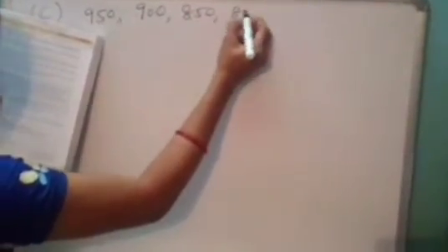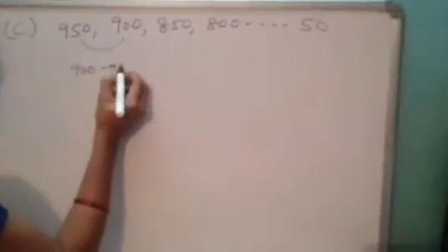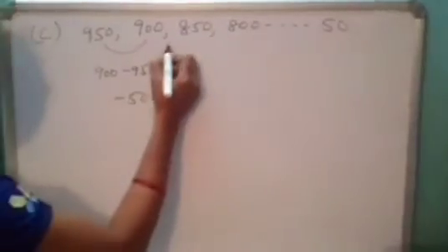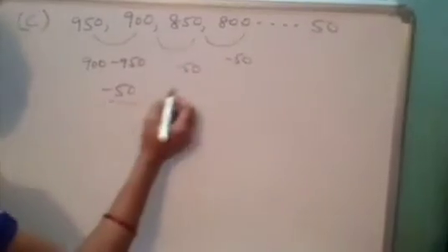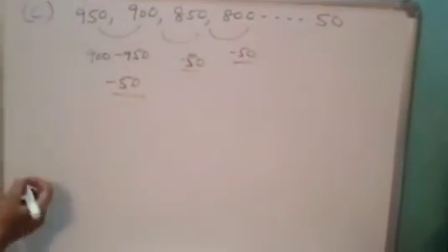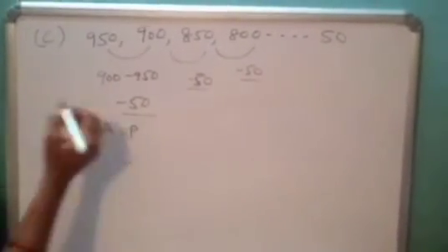The balance money in rupees after paying 5% of the total loan of 1000 rupees every month is 950, 900, 850, 800 and so on, down to 50. The difference between these consecutive terms is 900 minus 950, that is minus 50. The difference between the next terms is also minus 50. The difference between consecutive terms is minus 50, all the same value. So, these are in arithmetic progression.